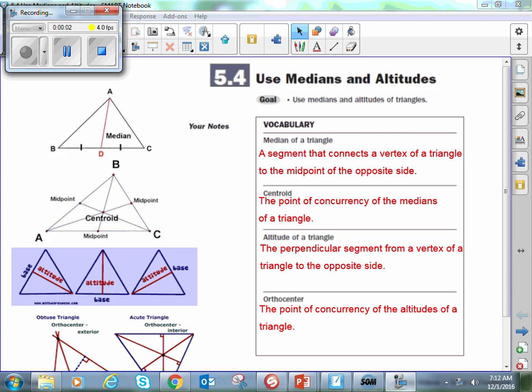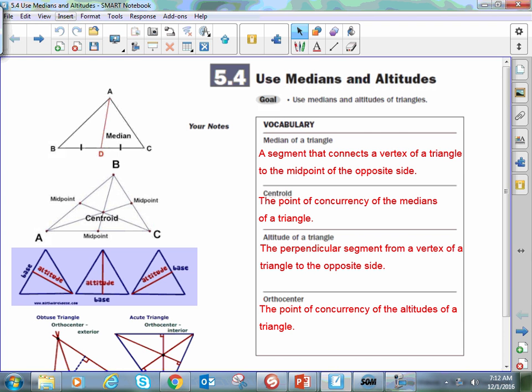Hey everybody, Mr. Piercy here, and we're going to be looking at our last two segments as they relate to triangles. So just to quickly review, we've so far discussed mid-segments, which are segments that connect midpoints of triangles together,